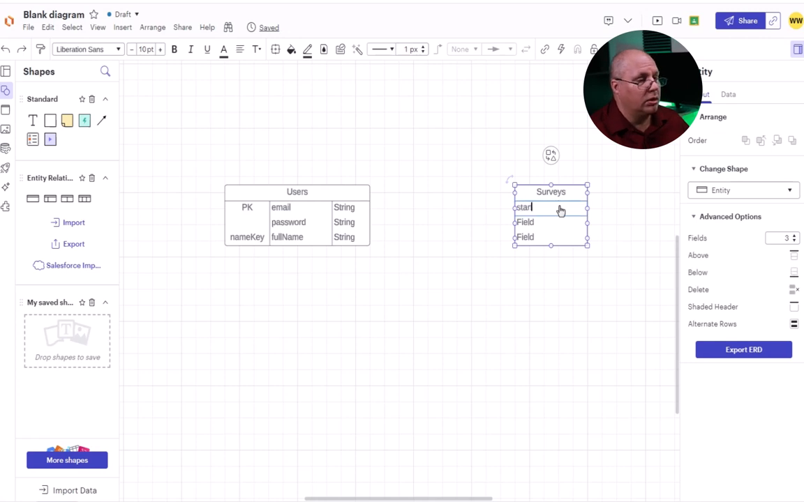Surveys, start date, end date, and I can use the tab key to go between new columns. And I'll pick something else, a time that we want to specify, or maybe I don't want anything. Okay, so I'll come in here